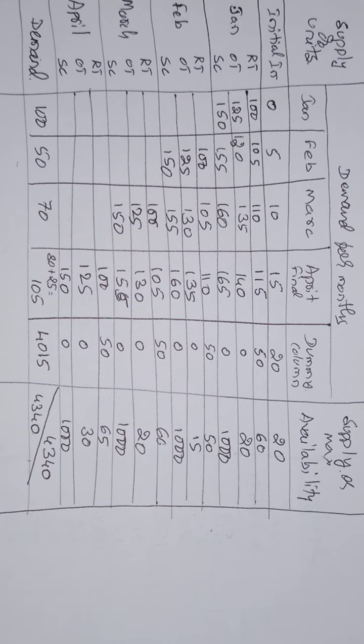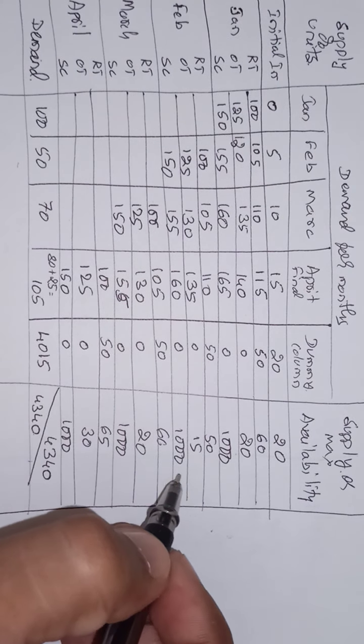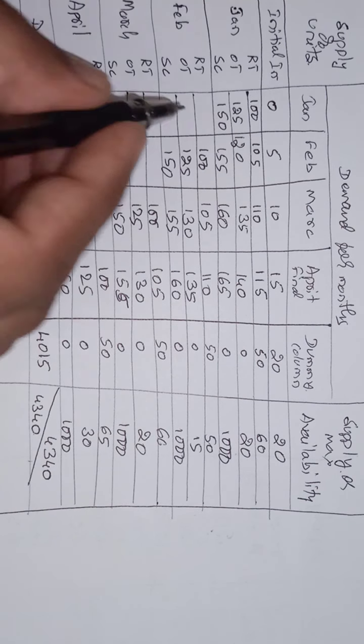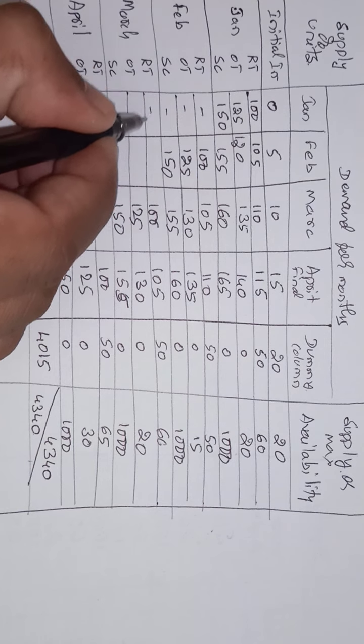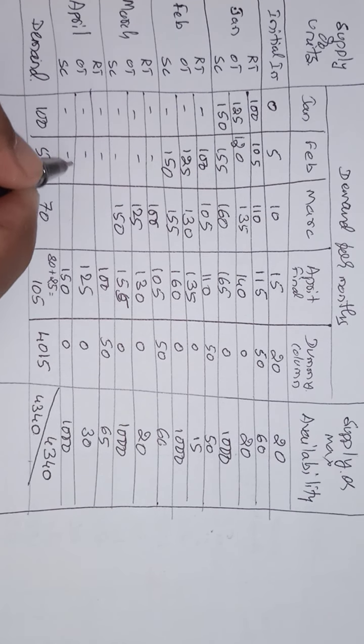Still we have not solved the problem. We have prepared the matrix, right? So this matrix can be solved by the least cost method. As we already know, the supply capacity and demands are with us, right? So here the remaining you keep as blank. There is no need of products in that particular month because we have gone through the month, right?